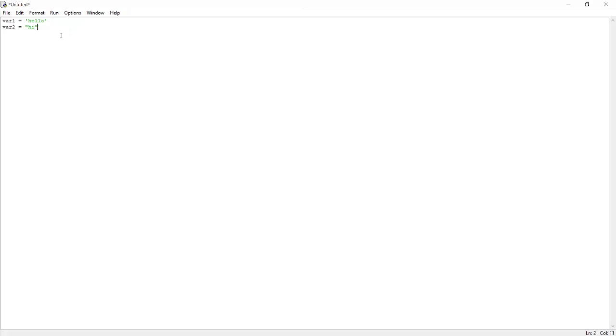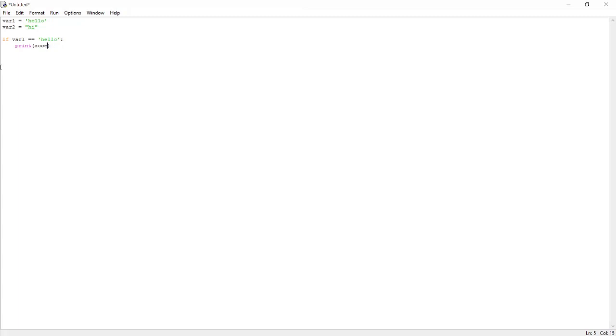Now let's use the if statement. So if variable 1 equals the string hello, then print